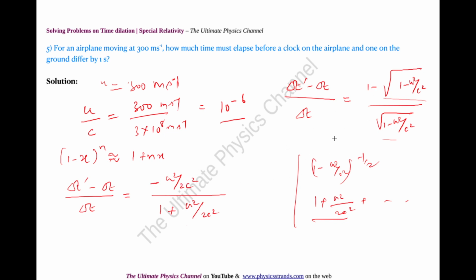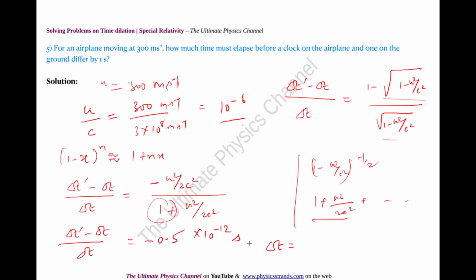In both cases, we have used binomial expansion to arrive at this one. If you do that substitution, we would get minus 0.5, because there is a minus sign here, into 10 power minus 12 second. That is del t prime minus del t over del t, and del t prime minus del t is again asked as 1. So our del t therefore turns out to be,